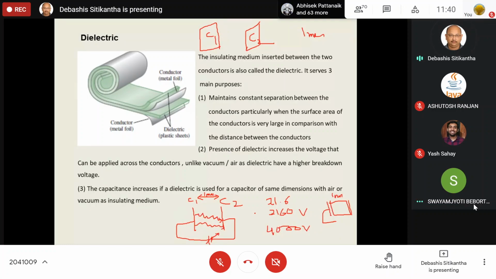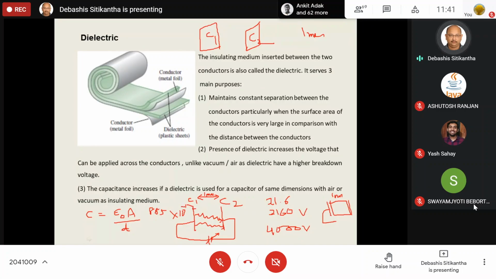So the last important thing is that by using a dielectric medium, we can also increase the capacitance of the capacitor. Very simple thing, because we know that C is equal to, let us say, epsilon 0 A by d. Let us say I am talking about a parallel plate capacitor. In this, epsilon 0 is meant for air or vacuum, and it is 8.85 into 10 to the power minus 12. So it is a very small figure, 10 to the minus 12 is very small.